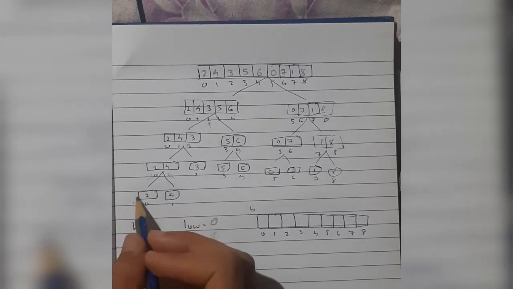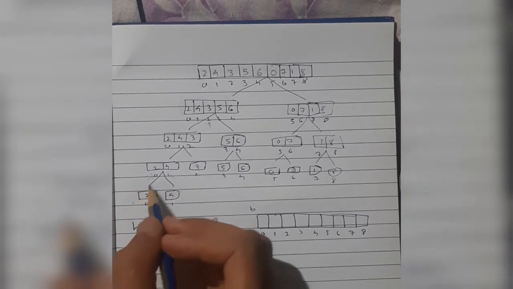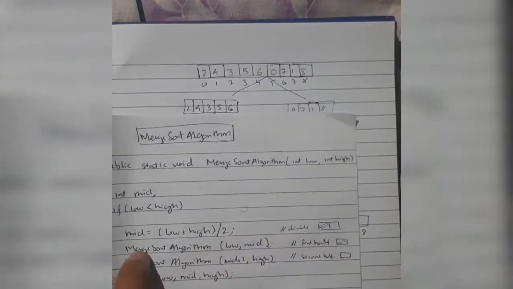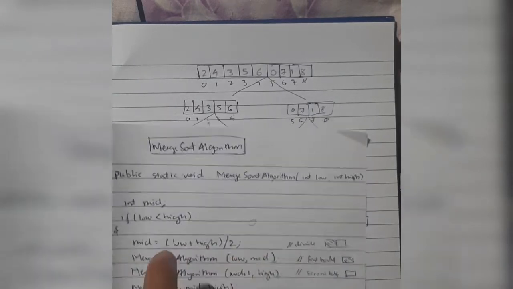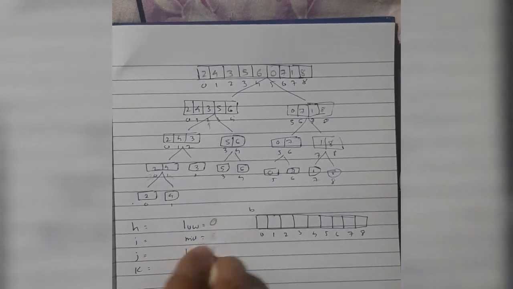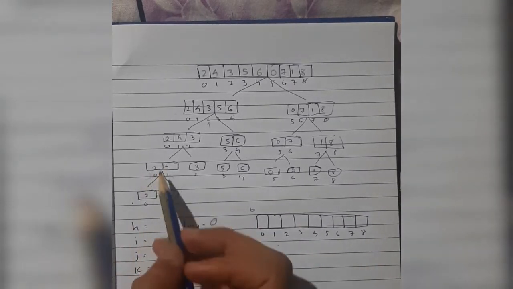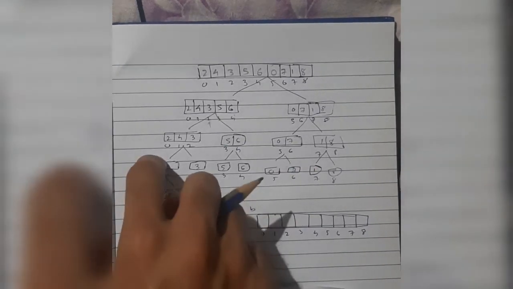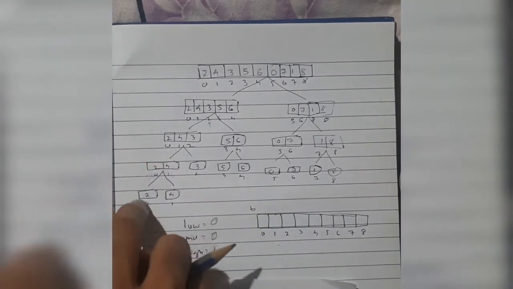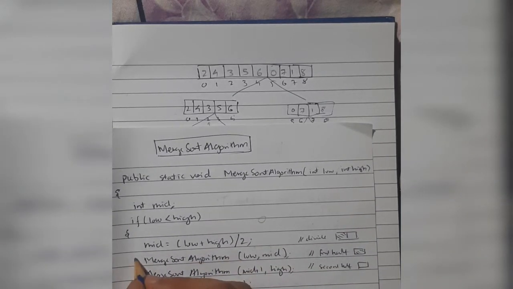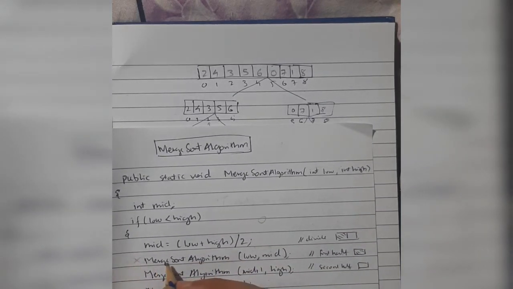Now where we had come to this point, from where we had come, from this line of code. When we were under this array, at that time we had called this function, right? And we had passed low and mid. At this point, the values of low, high, and mid were: low was 0, high was 1, and mid was also 0. Remember, we had called this one using this line of code. We had passed 0 and 0, so this line didn't make any change to the code. So this one was not executed.